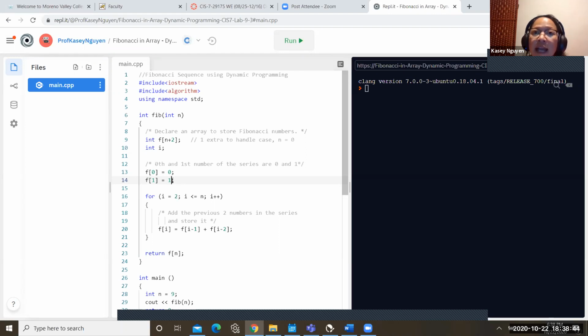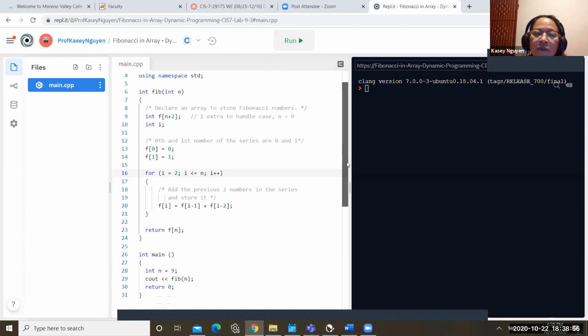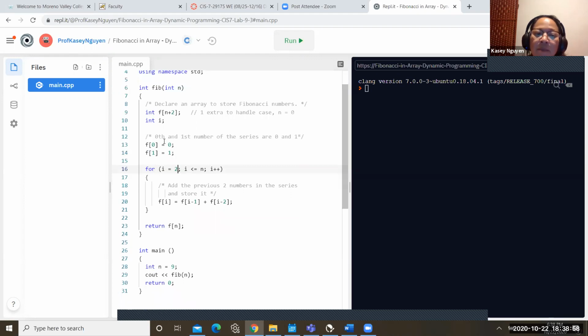And then after that, we're going to use a for loop to fill in the values. So with the for, again, we're going to start at i is 2, because remember, we're going to take 0 plus 1 to get us to the f of 2. So we're going to start at 2, and it's going to go up to the nth value.